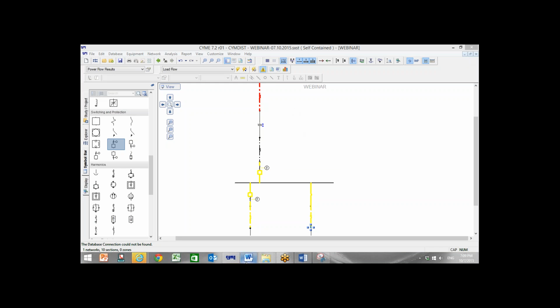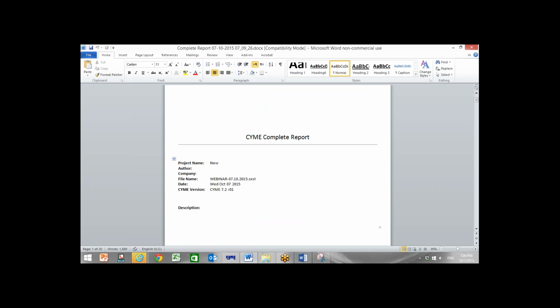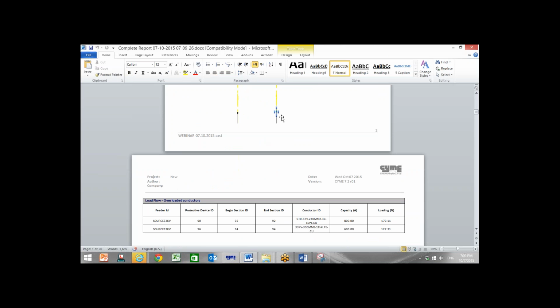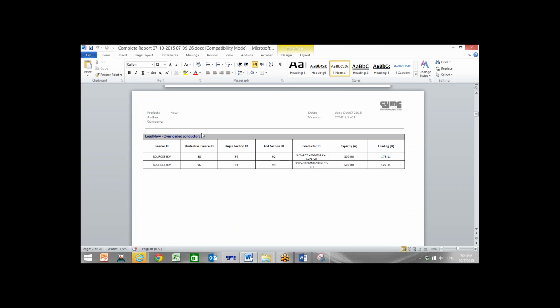Okay, it prepared the report, and there is a nice report. You can have project name, author, company, version, description, then you have a single line diagram, but okay, I should zoom out. Here there is the data,